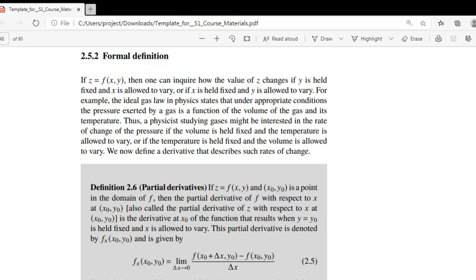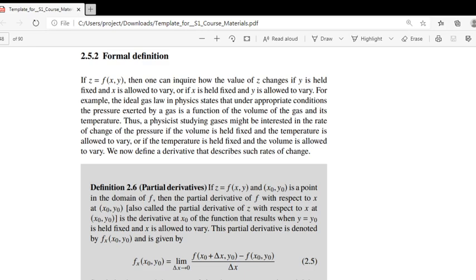Today we are going to define formally what partial differentiation is, and also we will do some problems related to partial derivatives in two or more variables. Basically, partial differentiation means we are trying to find the rate of change in a function f with respect to any one of the variables associated with that function. That means we keep one variable changing and the other variables constant during the differentiation. Our final aim is to find the effect of change in one variable on this function f.